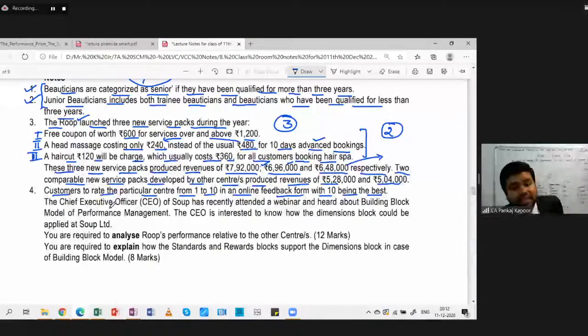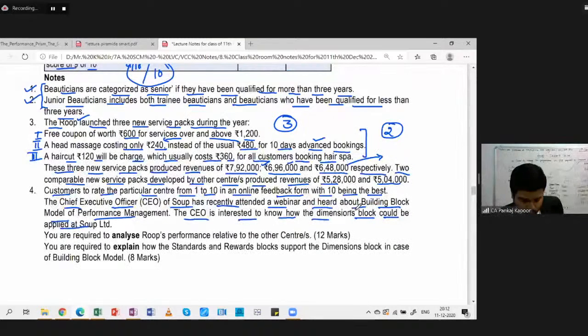Now, the CEO of Roop has recently attended a webinar and heard about the building block model of performance measurement. The CEO is interested to know how the dimension block could be applied. He or she, I don't know, it's mentioned only CEO. Yes. So he or she wishes to know how the dimension block